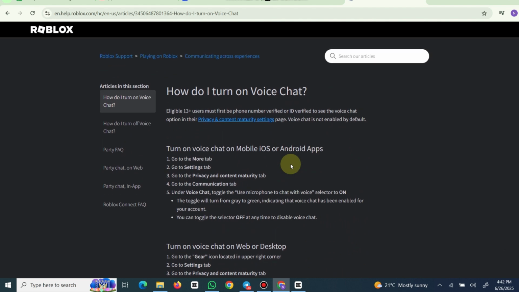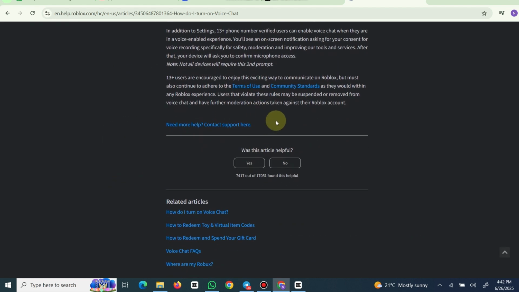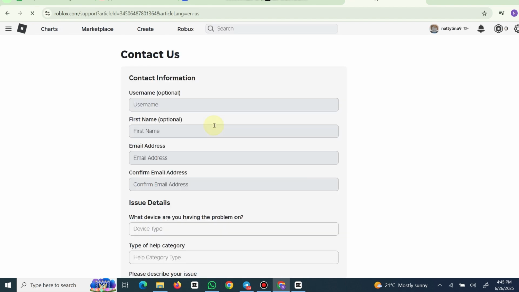But what you want to do is go over to where it says was the article helpful. What you want to do is click on no. Then what you want to do after you click on no is click on need more help contact support here. Now once you guys click on contact support here,